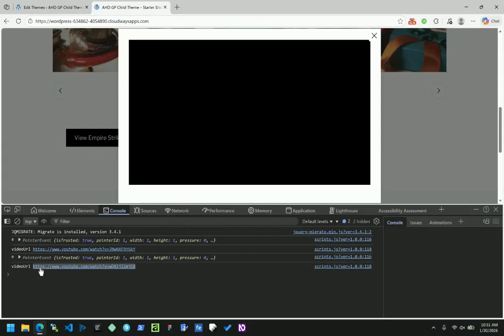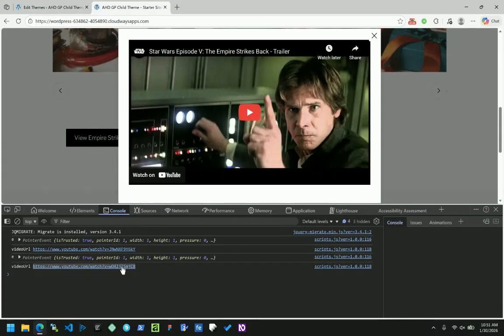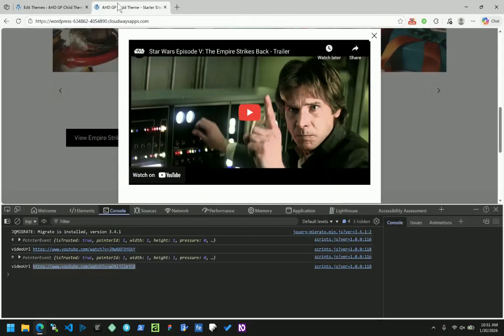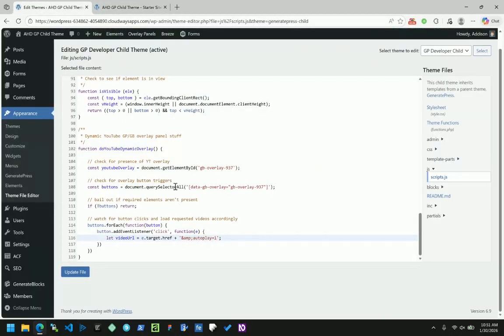So if I click this, this is actually the Ghostbusters trailer, and we're not going to watch a commercial. We want that to load within this embed and not load Empire Strikes Back, but load Ghostbusters instead. So first of all, we have that autoplay. Or you know what? No, yeah, that's right. So that is the video URL we want. Next,